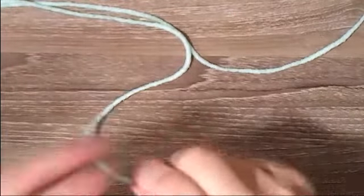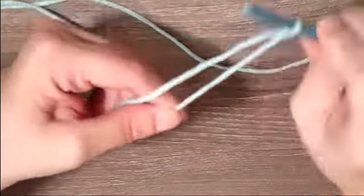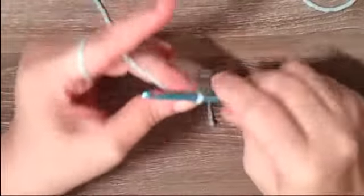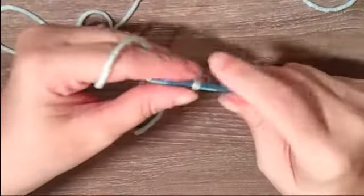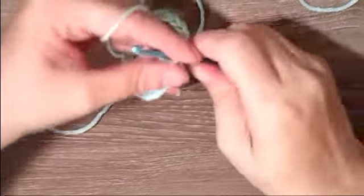So we're going to start off with the slip knot on our hook, and you're going to chain 25. I'm not going to make you watch me chain 25, so I'll be back. So now that you have your 25 chains,